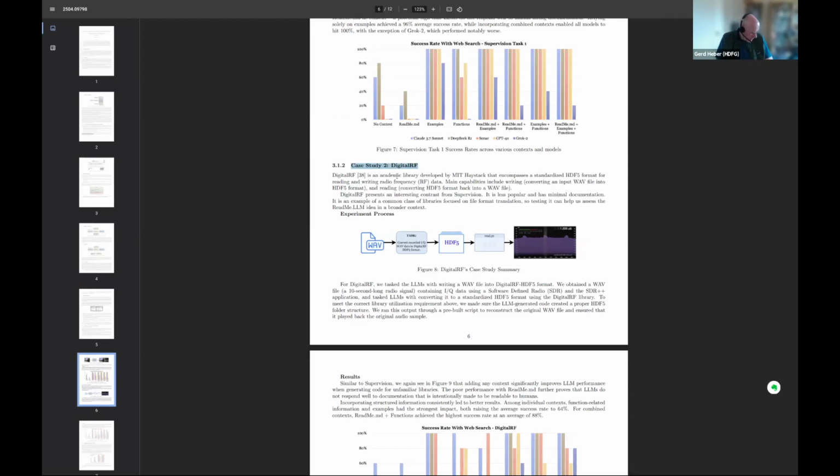And Digital RF is actually a library that implements conversion from WAV, which are some kind of audio files, to HDF5. And then you could ask, well, sure, a developer can sit down and read the Digital RF documentation, and at the end of the day, write a tool or create a workflow that does the conversion from WAV files to HDF5. But the interesting experiment that the authors here did is to say, well,